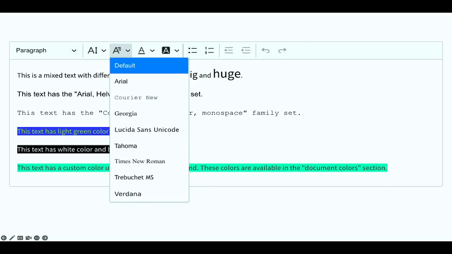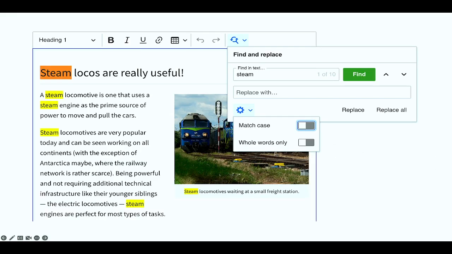Things that probably some of you know from CKEditor 4. There was quite a popular module for CKEditor 4. This is also available, like setting font family, size, color, background color. It's available for CKEditor 5 too. Same as find and replace. So basically, if something is not available in Drupal out of the box and you like it, you can always add it by writing a module or checking if someone already did